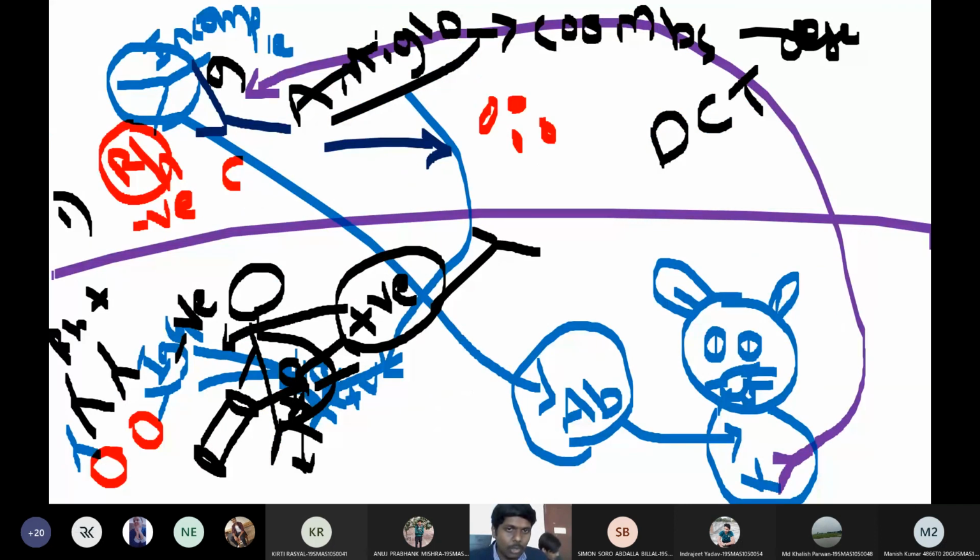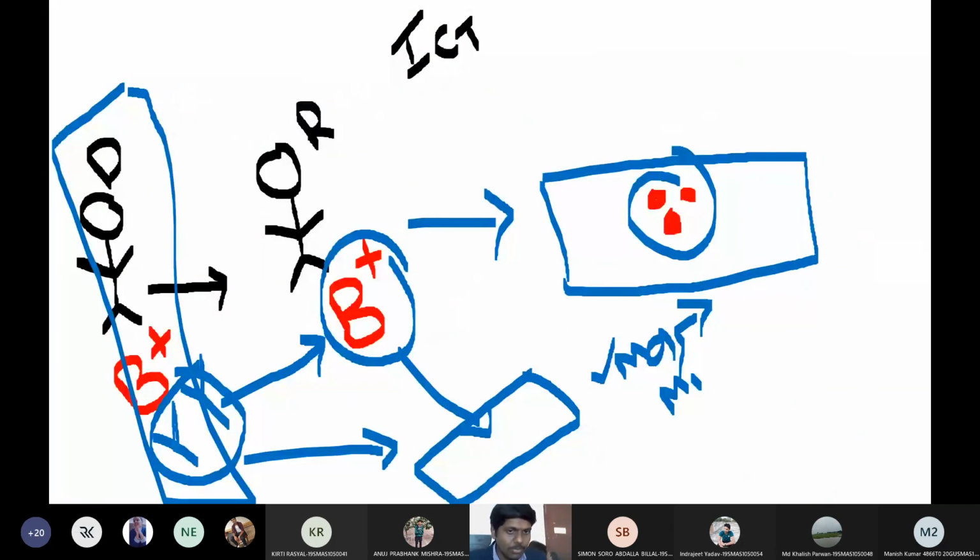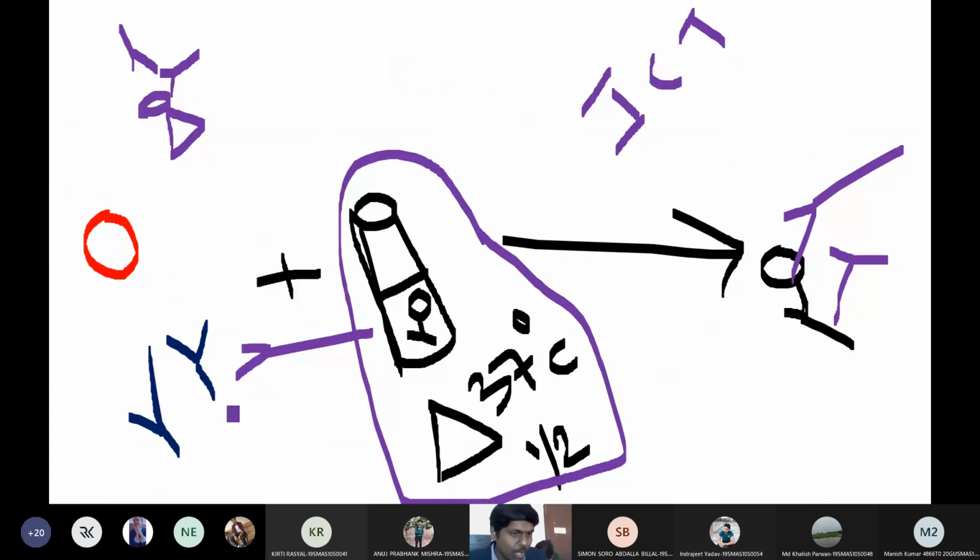So we have 2 types of Coombs test, direct Coombs test and indirect Coombs test. In the indirect Coombs test, both antibodies and antigen are freely floating. That means they are not sensitized. That is why we will sensitize them by incubating at 37 degrees centigrade for half an hour. Upon incubation, upon sensitization, I will add secondary antibody and I will get a reaction. So that is why it is called the indirect Coombs test.